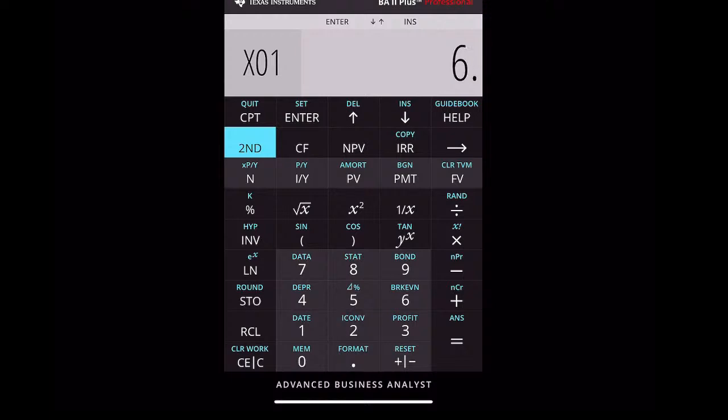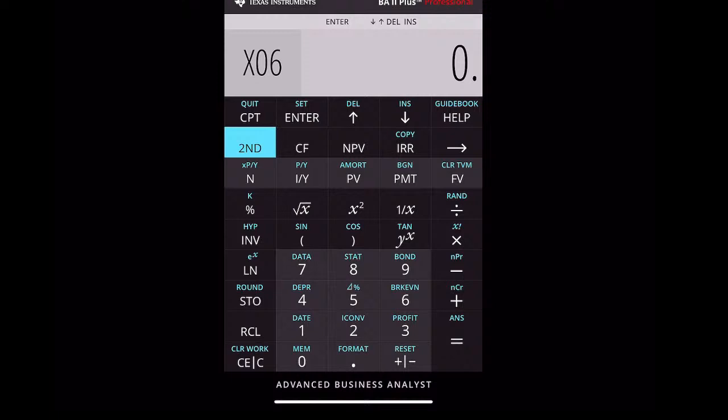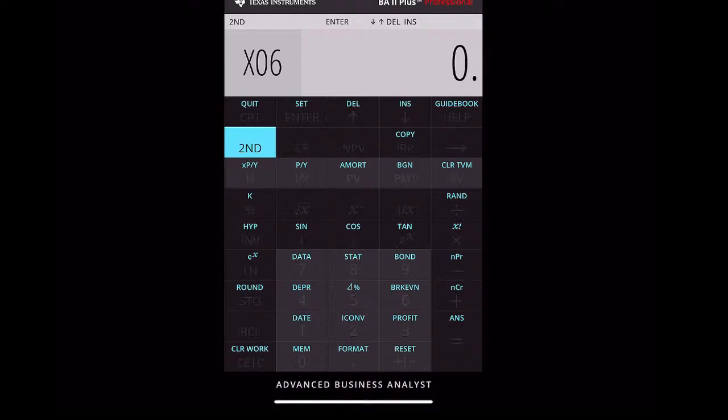So 6.2 negative, enter down, down. 0.2 negative, enter down, down. 1.8, enter down, down. 7.8, enter down, down. 3.2 negative, enter down, down. And then ask for